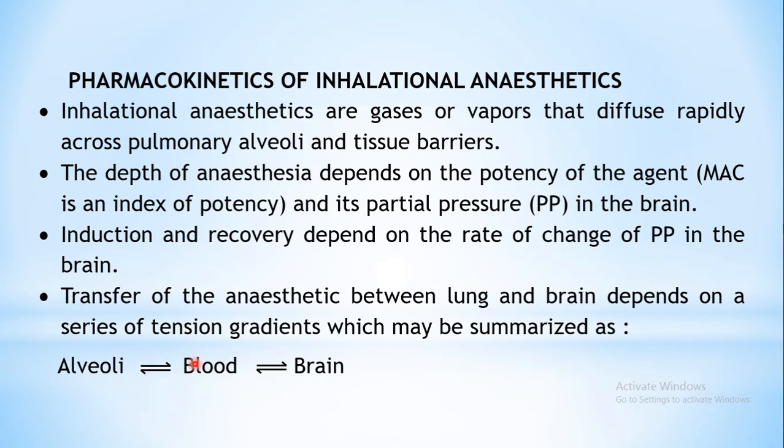So there are gradients over here, the gradients for the partial pressure of your anesthetic. When you are administering this general anesthetic for the first time, there will be a very high partial pressure in the alveoli. In the blood, the amount of your anesthetic will be zero initially. So what will happen? Quickly your general anesthetic will come here. It has a very good gradient, so it will start entering the blood and remain in equilibrium. Then again from the blood, it will enter your brain very quickly, and again it will maintain an equilibrium over here also.